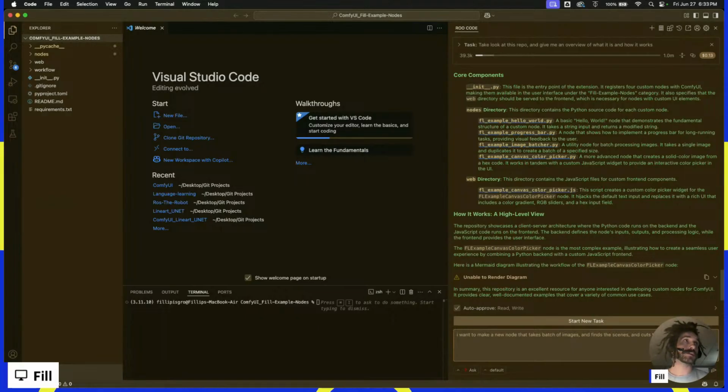How do I want to do this? Because Comfy doesn't handle batches of batches very well, so maybe it'll have to be like a directory. Finds the scenes and cuts the scenes into